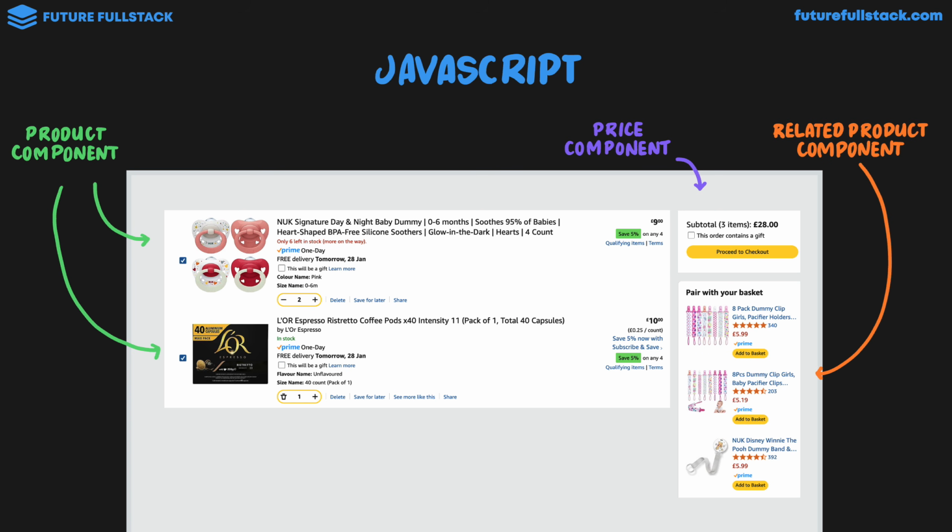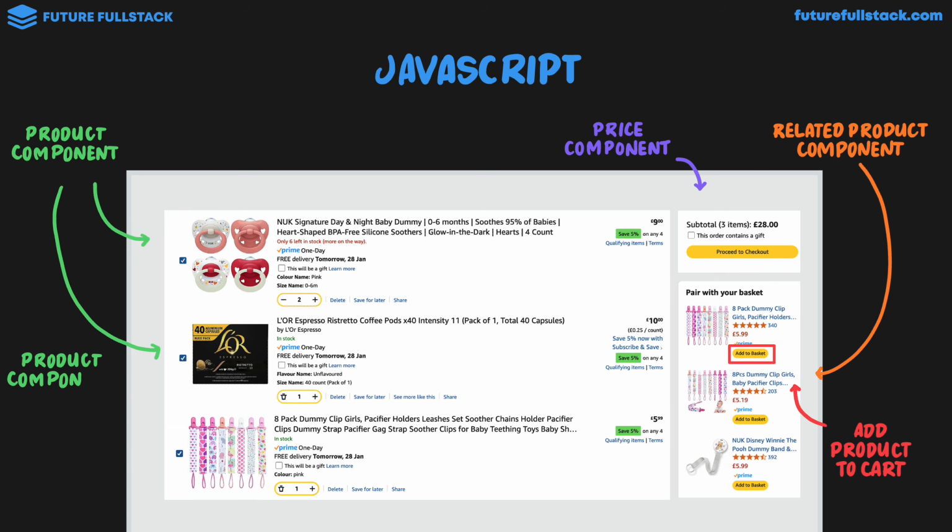Now let's say I want to add some dummy clips to my basket. I would click the Add to Basket button over here. And doing this adds the product to my cart, like this. So the product component is added. Now obviously the price and items have changed, so the price component needs to be updated, so it'll change from